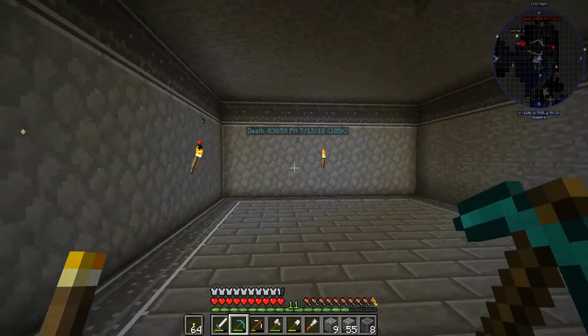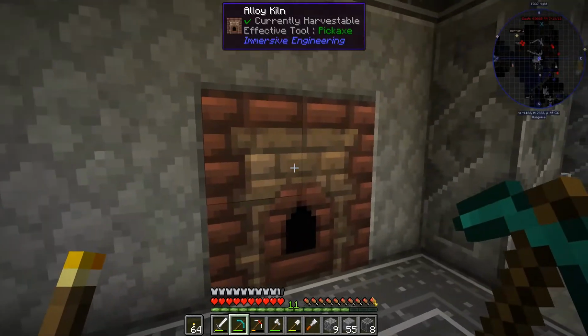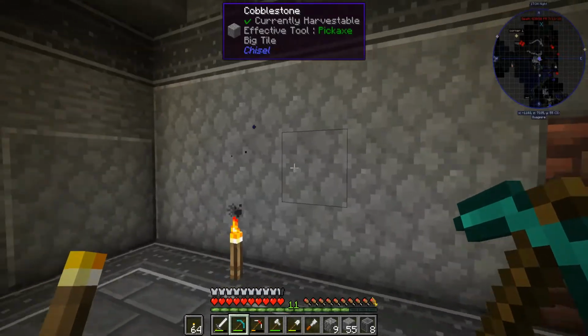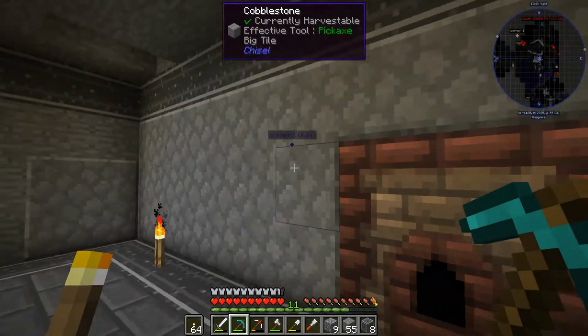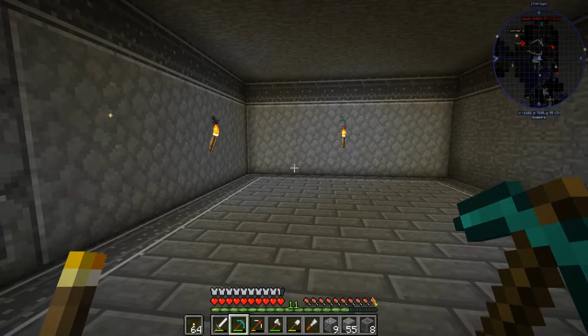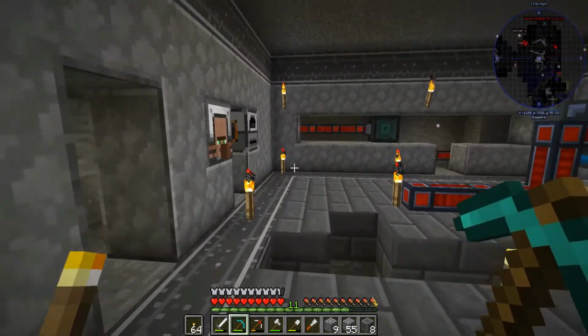So you can see I've been busy in here knocking out this other room. I've moved the alloy kiln just into the wall there, and I may end up having some more immersive machines in the wall. Again, not 100% sure whether I'll go with the immersive coke oven, etc, because there are other ways of doing it, and one of them I've got set up over